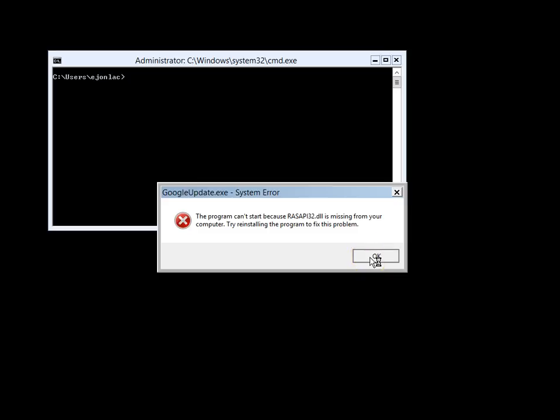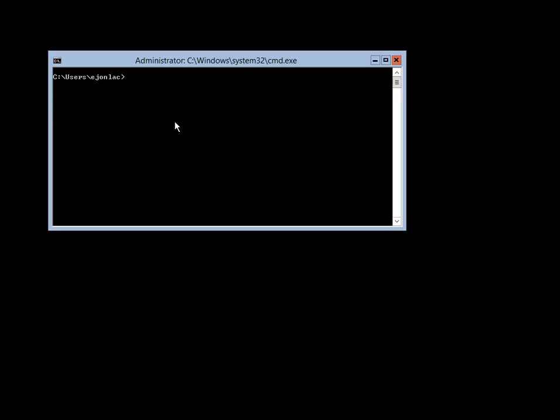That's an error from Google being installed on the test server, which obviously doesn't work when we're in core, but this is core. You get a command prompt, that's it. We have PowerShell, or we have our friend